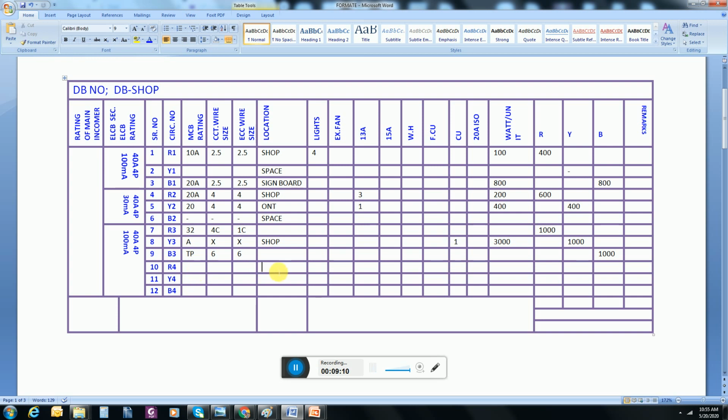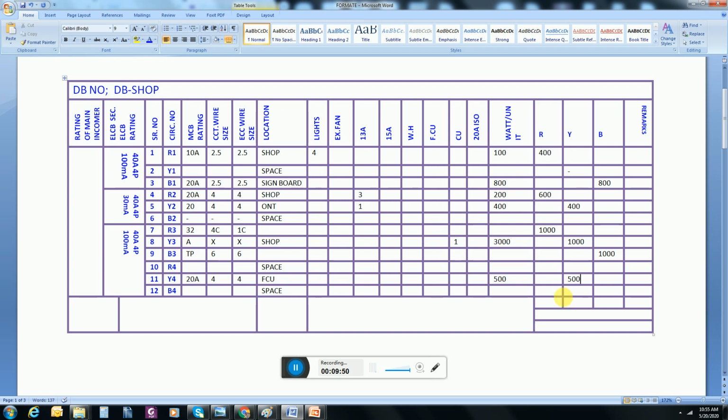I will write space on the red phase, then FCU, and the FCU rating will be 20 ampere, and the wire for the FCU will be 4 mm. Here again there is nothing to connect, so I will write space. 500 for the FCU is enough, and here on the yellow phase I will write its load, 500.